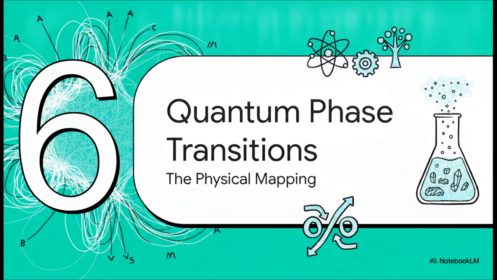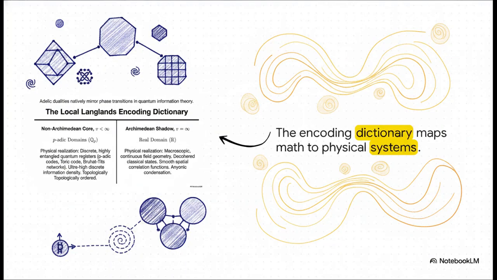Finally, step 6, quantum phase transitions. Let's ground this in reality. By using the local Langlands correspondence as a literal encoding dictionary, we can map these highly abstract spaces directly onto physical systems. The non-Archimedean p-adic domains map perfectly to discrete, highly entangled quantum registers, think toric codes with ultra-high information density. Meanwhile, the Archimedean real domain maps to our macroscopic continuous field geometry, where all that entanglement has decohered into